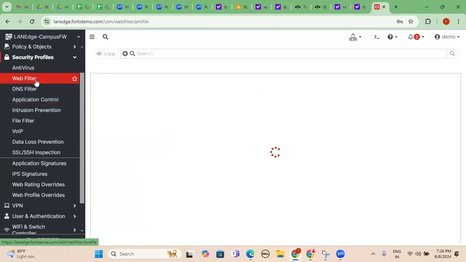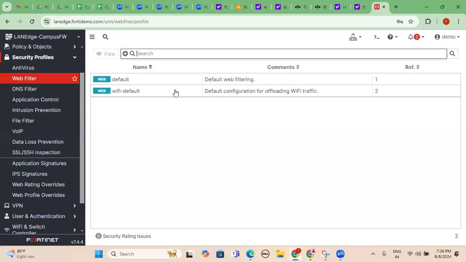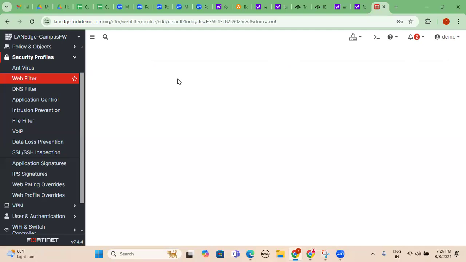In the similar way, web filter is also called content filtering, URL filtering, and also BrightCloud URL filtering. Which websites we have to allow and which websites we have to block is completely our business requirement.